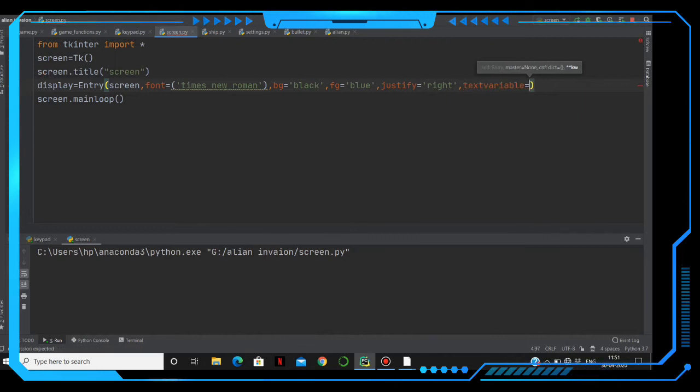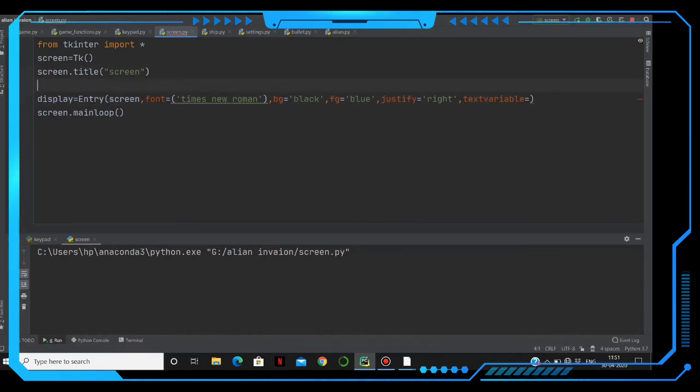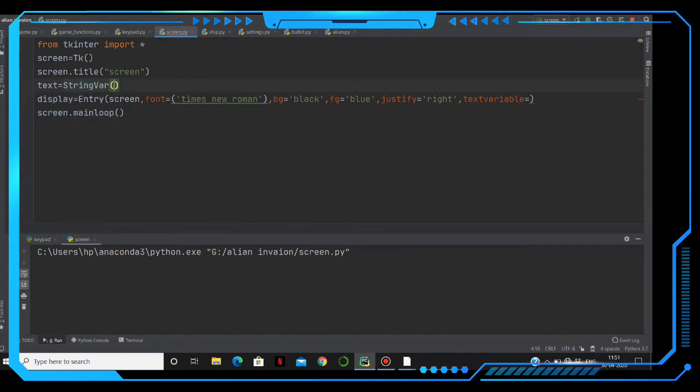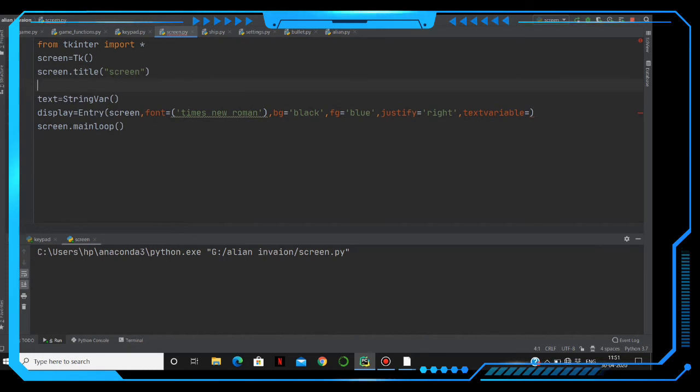Before going to this text variable, we have to create text here. So the text equals to a string variable. Another one we are going to use in the next line, like operator, that equals to a string, we are defining like that.